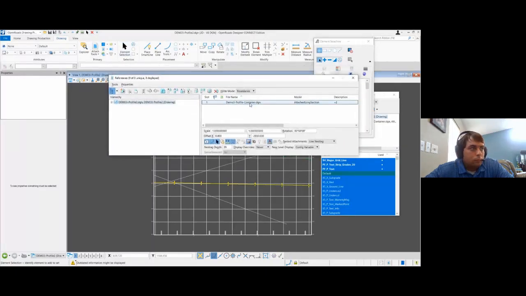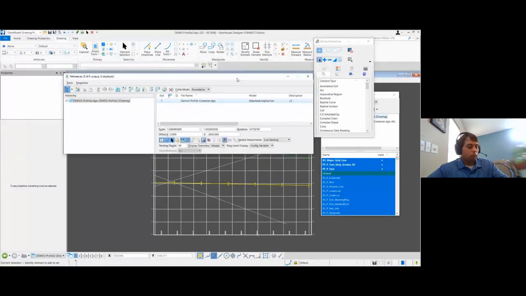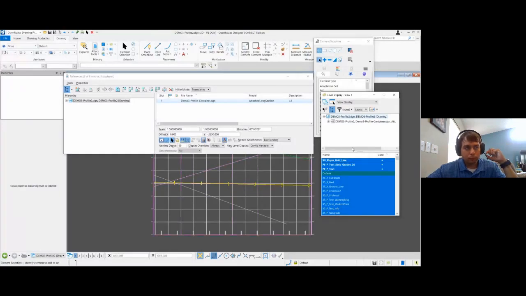Just like the plan view, you can come in here and if you need one sheet to be different, or one drawing model to be different from maybe the other 5 that you cut, you can come in here and switch it off with never. And now you can start controlling your level display within this drawing model.